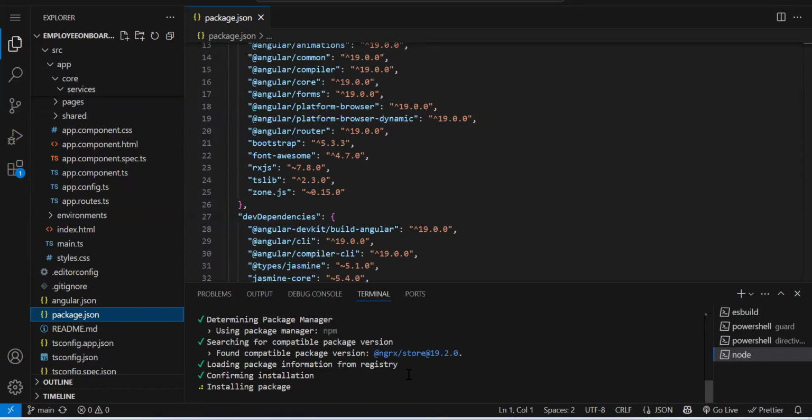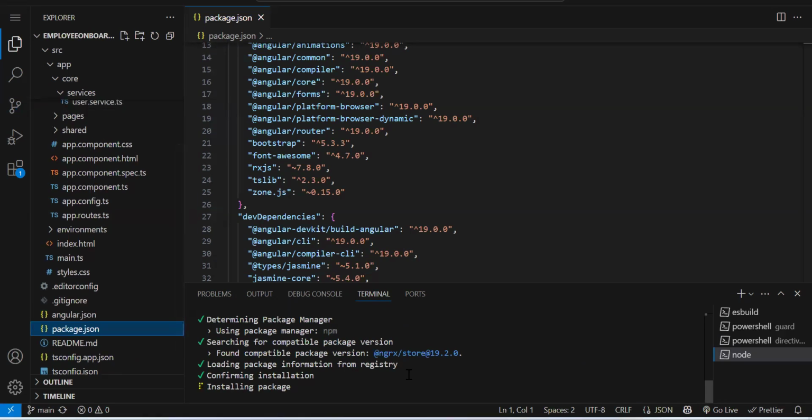Okay. Again, in the interview also, no one will ask you to implement the whole NGRX store thing, but they will ask you theoretically, like what you do. First, we create action, reducer, selector. We have to register the store, and then we read the store by using selectors. Like that, only the steps you need to explain. Okay. But again, it's not guaranteed. Some companies will ask you to implement that also. We don't have control over it. But at least the basics, even if you explain, that is also enough.